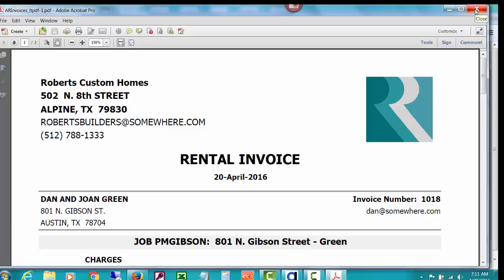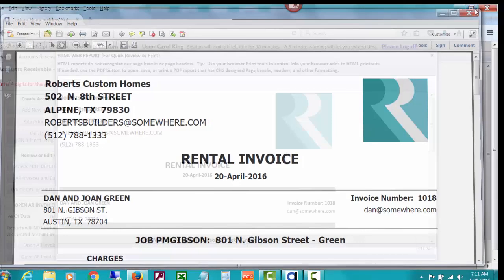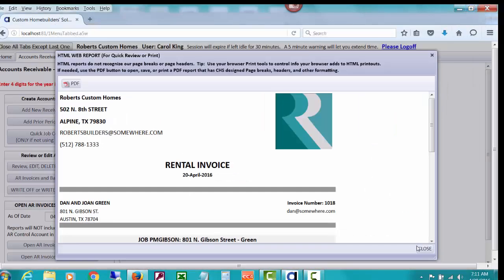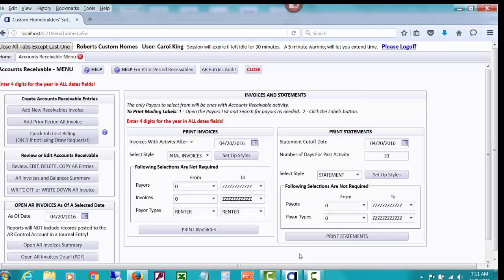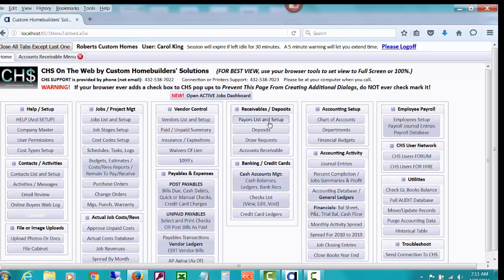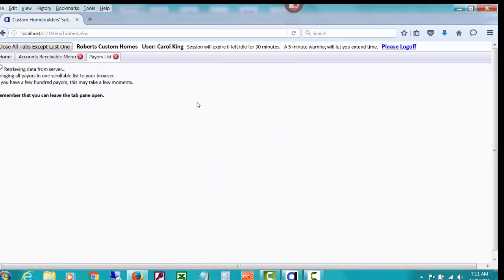In that case, you probably want to do one invoice at a time instead of like I have for two. I'm planning to print mine and mail mine. The other thing is, for mailing labels, if I go over to Payers List, where I set up my payers